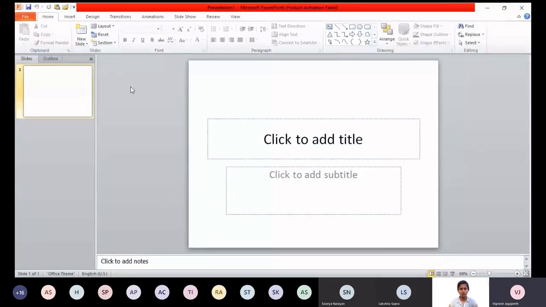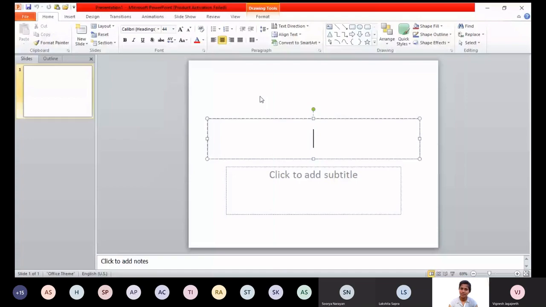It is loading probably now. Yes, click to add slide. Yes, I can see it. Okay, so, ma'am, first of all, is it one minute? One minute, Vignesh, just a moment. Are the other team members able to see it? Yes, ma'am.